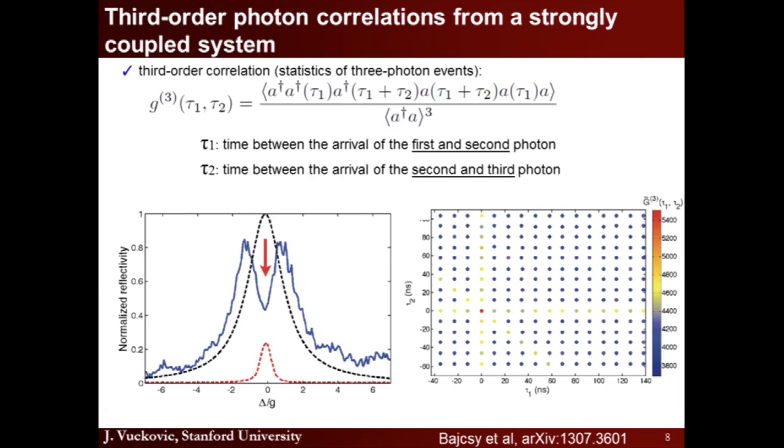Click. And this is an example of the measured third order correlation function for the laser beam that's exactly at the empty cavity frequency. Horizontal axis plot on the right, two-dimensional plot gives G3 of tau measurement. Tau 1 and tau 2 are these delays between first and second and third photon. And the reason why we see dots and not continuous measurement is because we do probing with a pulsed laser,